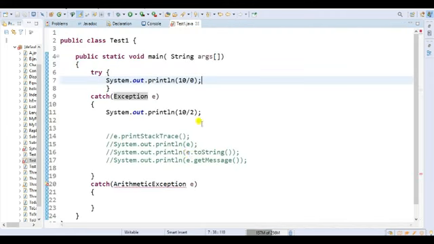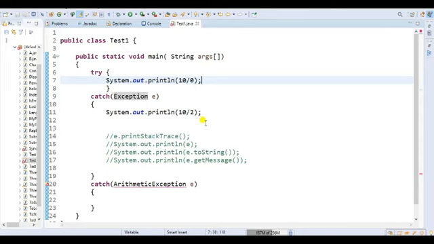I am using the same example, but I have only modified the exception classes. First I used the super class exception, then the child class arithmetic exception. That's why there is a compilation error.